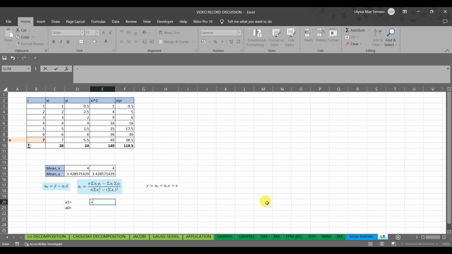So for a sub 1, at the numerator we have n multiplied by the summation of the product x sub i y sub i, minus the summation of x sub i multiplied by the summation of y sub i, all over n multiplied by the summation of x sub i squared minus the square of the summation of x sub i. So when you square the value, we will have here the value of 0.839285714. And for a sub 0, using the arithmetic mean, the value of y minus the value of a sub 1